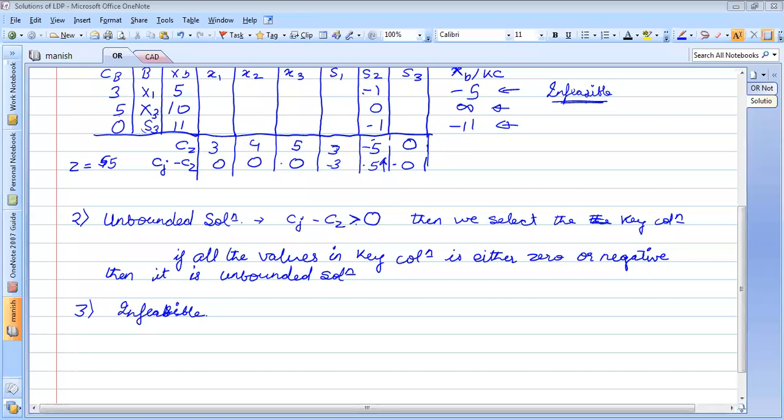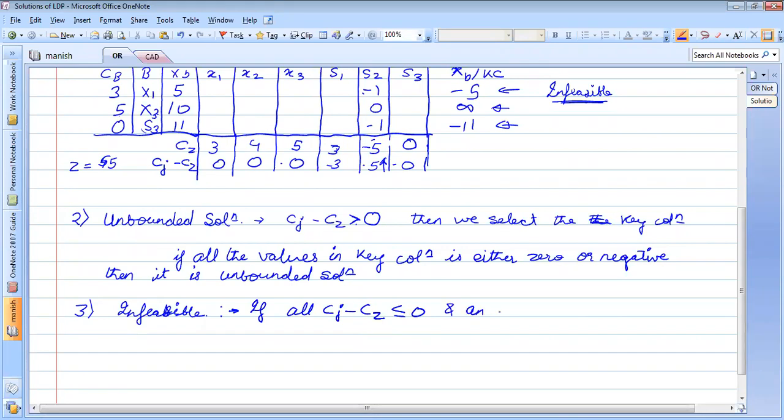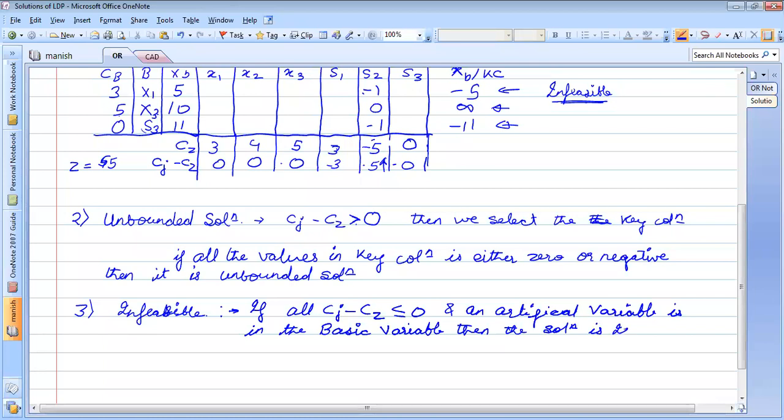For infeasible solution, if you remember the first problem that we solved using the artificial variable, if all cj minus zj values are less than or equal to 0 and an artificial variable is in the basis, or basic variable, then the solution is infeasible.